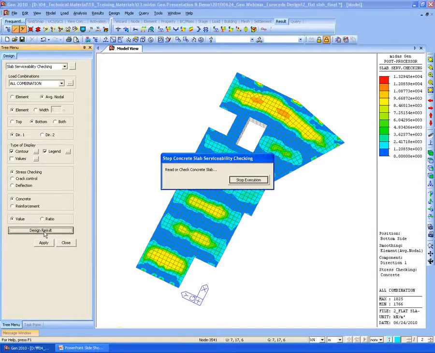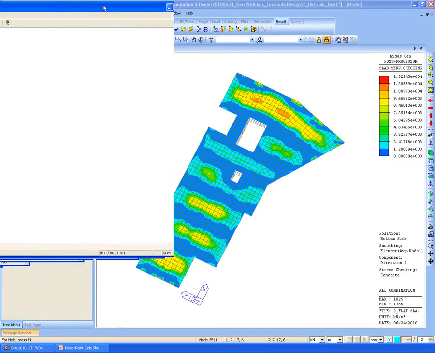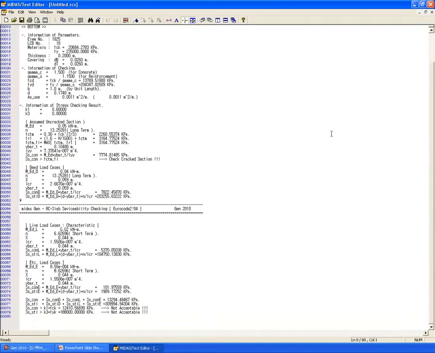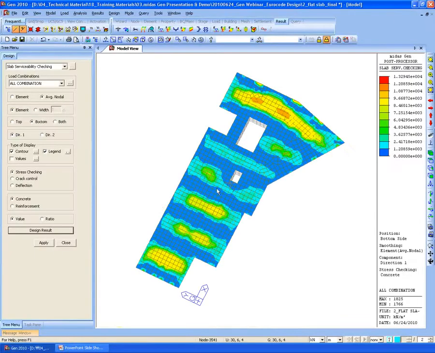Also, in the text format, we can check it. These results show how to calculate the stress. When you check the stress, the program will calculate the cracked moment and update the stress if the crack occurred.